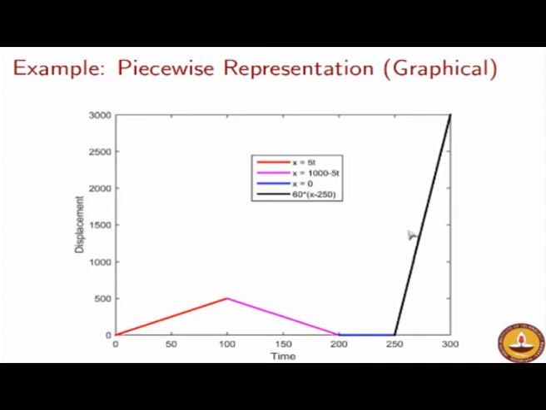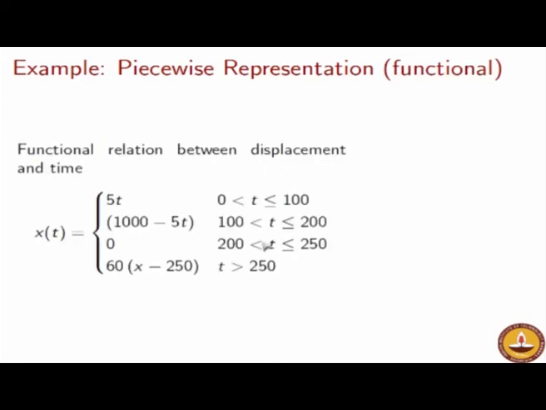So the story apart, what is interesting to note is both the formula and the graph do arise in real applications. You may think that this story which I concocted is just a cock and bull story, but there will be cases where you cannot represent the position against time functional relationship through a single function of the kind that we represented in the first example. You may have to break this up into pieces, and that is why this is called a piecewise representation.